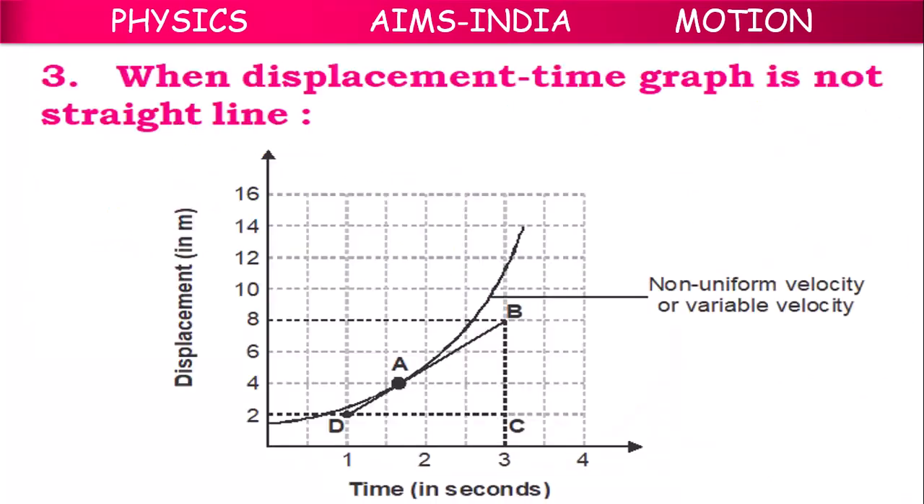Next, the third condition. When the displacement-time graph is not a straight line, meaning it is like a curve. If it is like a curve, then at 0 seconds,